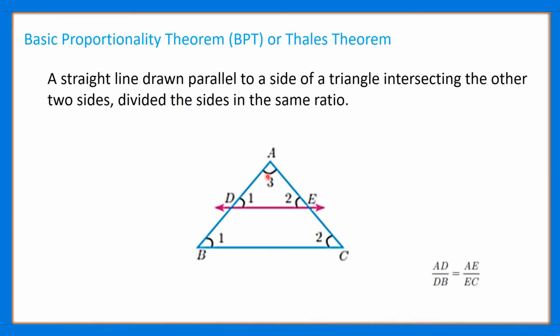So if we remember the triangle and the things that we are doing over here, it will be easy for you to remember the result rather than memorizing the result or the theorem. If we consider a triangle and draw a line parallel to BC, then by using the concept of similar triangles, you will be able to get the result that is required for the basic proportionality theorem.